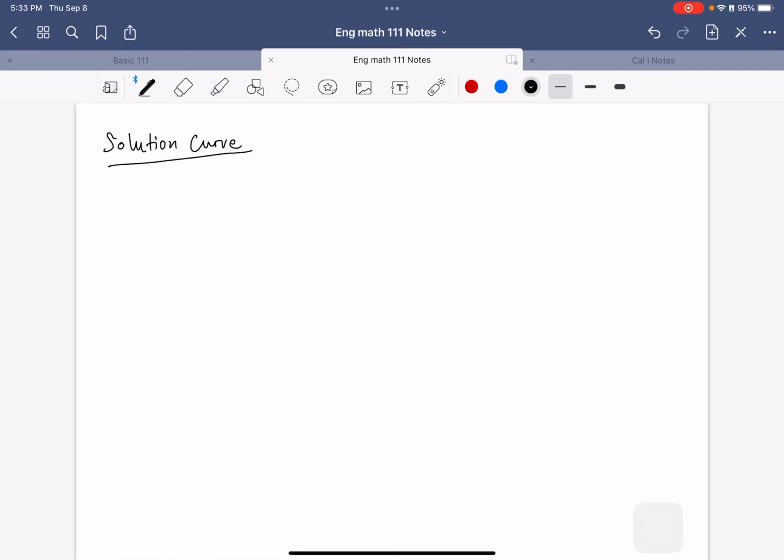Before we go through the many solutions, for example, consider the function y equals 1 over x. Okay. Like if we draw this,